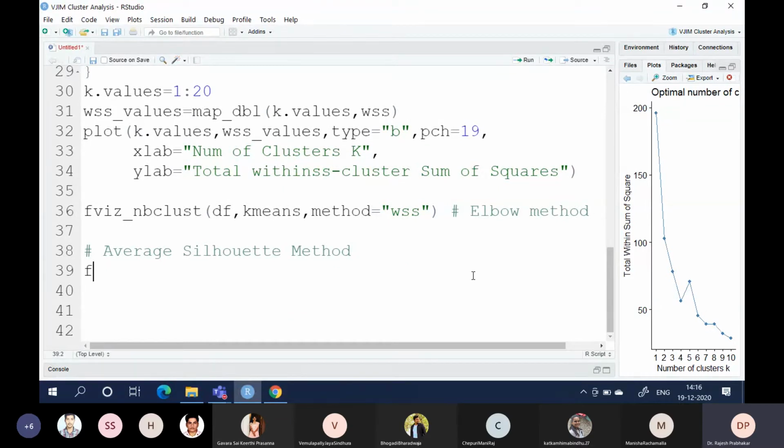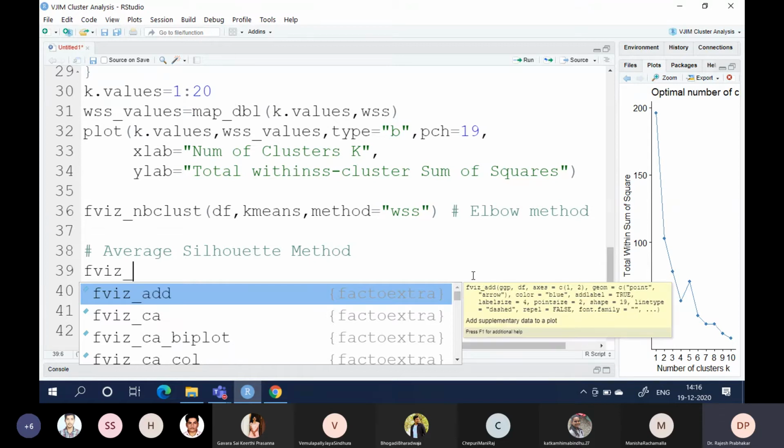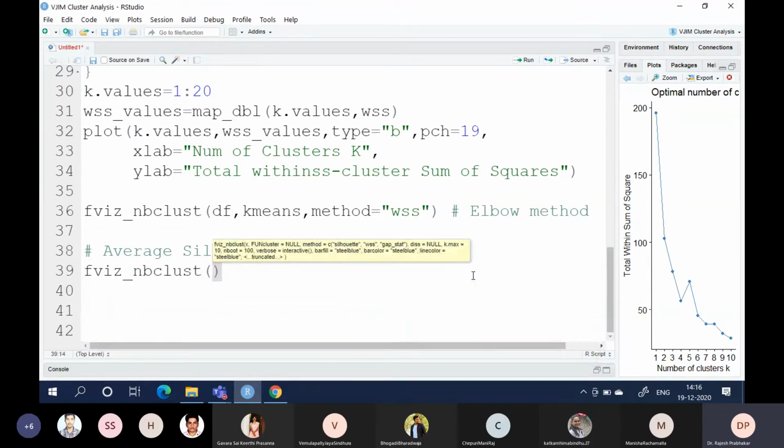You can do it using fviz_nbclust(df, kmeans).